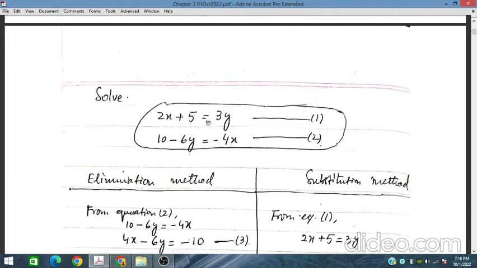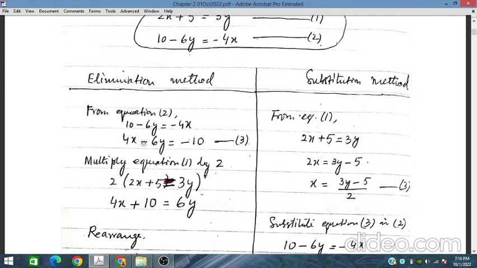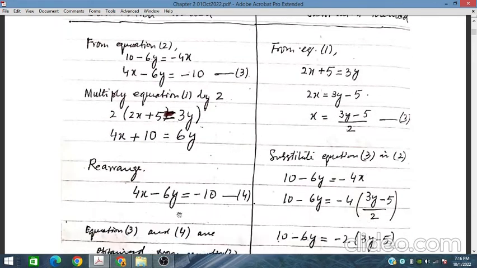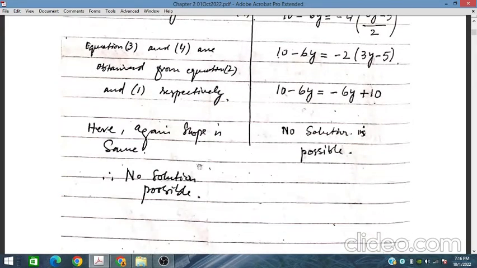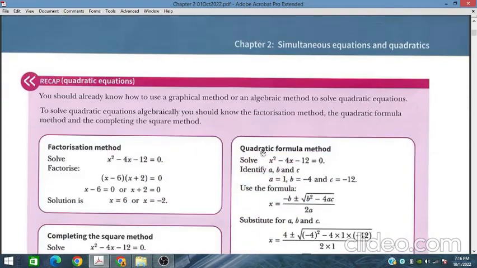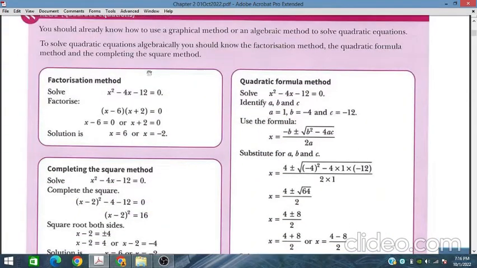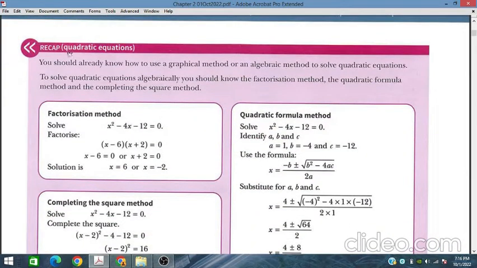Similarly, for the third one, we have obtained this equation and this. We can see that 4x minus 6y, 4x minus 6y, so no solution is possible. Similarly for this, no unique solution is possible. So this was the class discussion, and on the next page we will solve some quadratic equations,